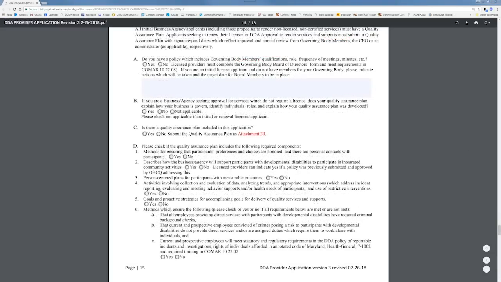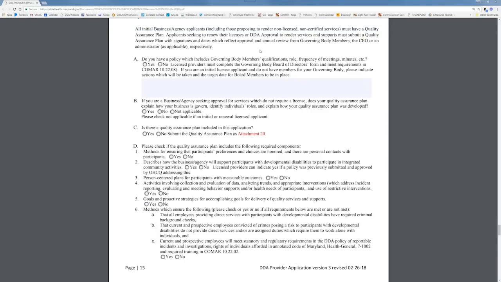All business agency applicants must have a quality assurance plan. New applicants must submit a quality assurance plan in their applications. Applicants seeking to renew their license or DDA approval to render services and supports must submit a quality assurance plan with signatures and dates which reflect approval, an annual review from their governing body members, the CEO, or an administrator,